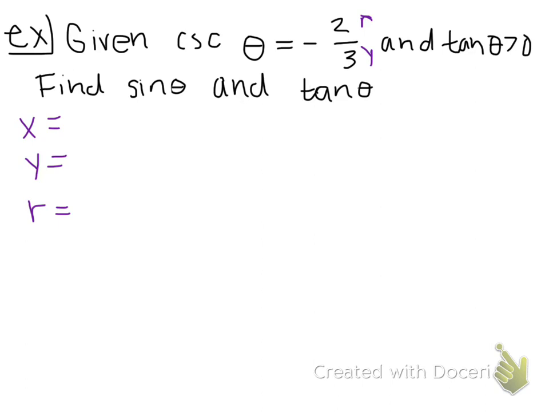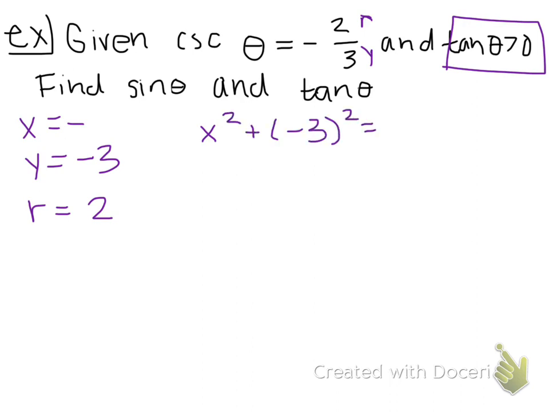So I know the r has to be the +2 and the y has to be the -3. Again, just like last problem, in order for tangent to be positive, x and y will both have to be negative. So let's go ahead and find our r value. Equals 2 squared. So